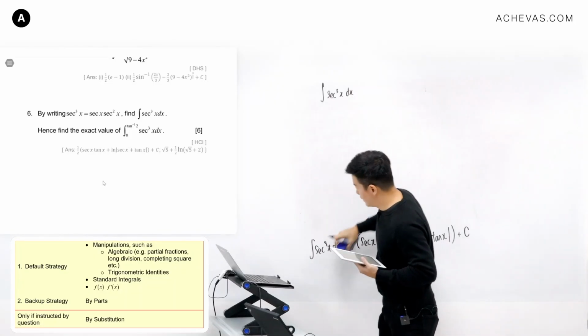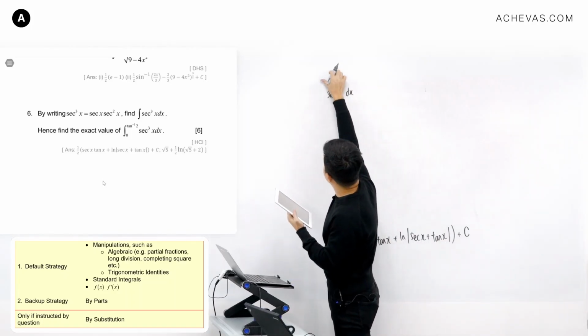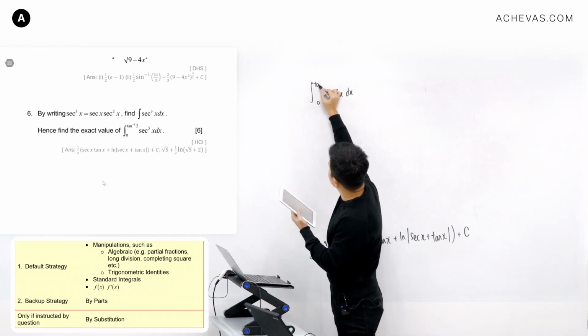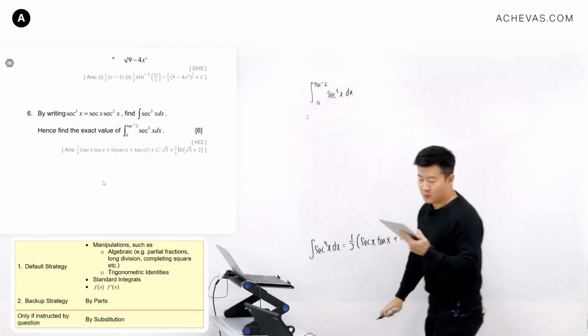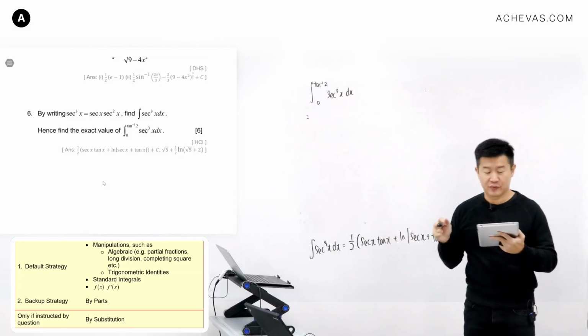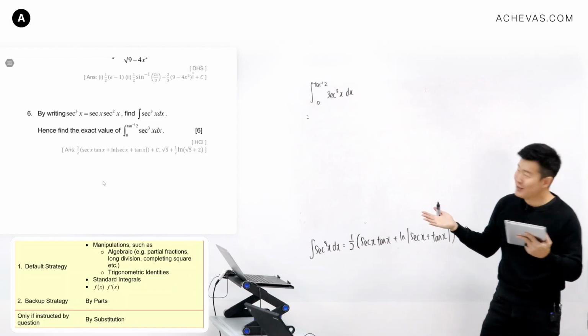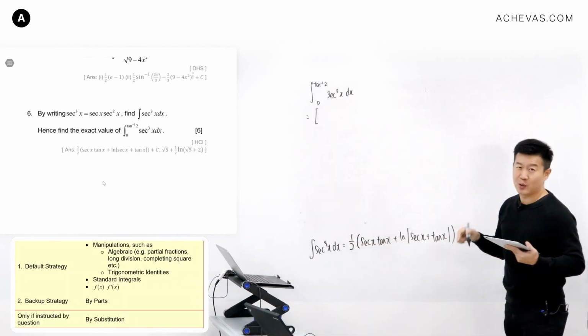And let me just rewrite the integral that is here. We are supposed to be integrating this from 0 to tangent inverse of 2. And we are supposed to find the exact value of this, or else what should we do? We should just press this into the calculator, right? So this is going to be, let me make use of this result,